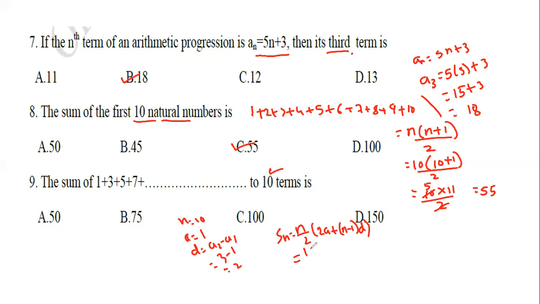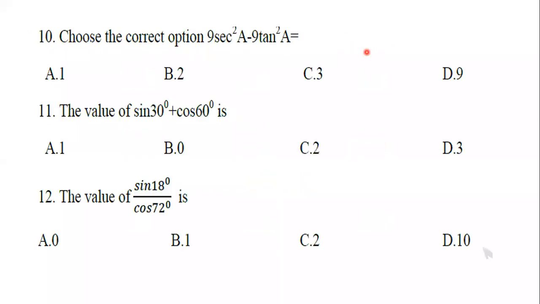Okay. Substitute 10 by 2 into 2 into the value of a, which is 1, plus n value 10 minus 1 into d value 2. Next step, 2 fives are 10, so 5 into 2 ones are 2 plus 10 minus 1 is 9. 9 twos are 18. So in the next step you will get 5 into 18 plus 2 is 20. When you simplify this, you will get 100. So the sum of 10 terms is equal to how much? 100. So which option is right? Option C is correct.